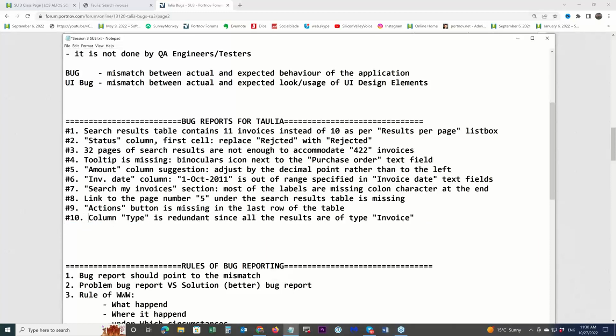Column type, okay, let's move it a little bit. So column type is redundant since all of the results are of type invoice.